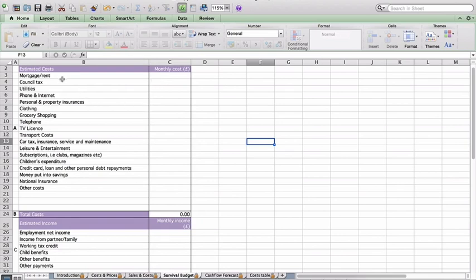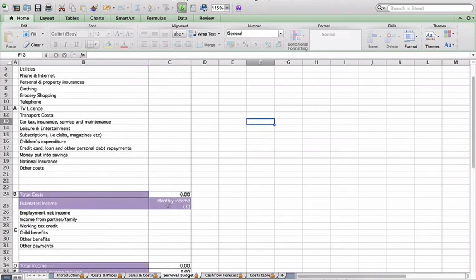So you need to go through a process of looking at all of your own personal costs. How much do you pay in for your mortgage or your rent, your council tax, your utilities, your phone and internet, your insurance, all of these things, and you need to add all of this data into the spreadsheet. You also need to look at